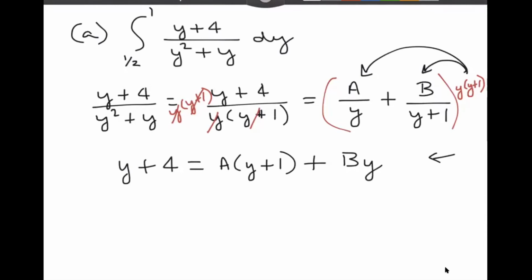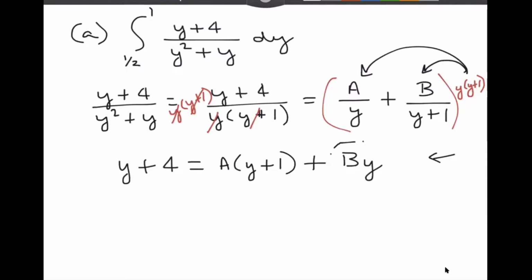So what I'm going to do is carefully select some values of y that are going to make this equation a lot simpler and make it pretty obvious what a and b have to be. And the best way to choose these values of y is to use values of y that will make whole entire terms drop out. For example,